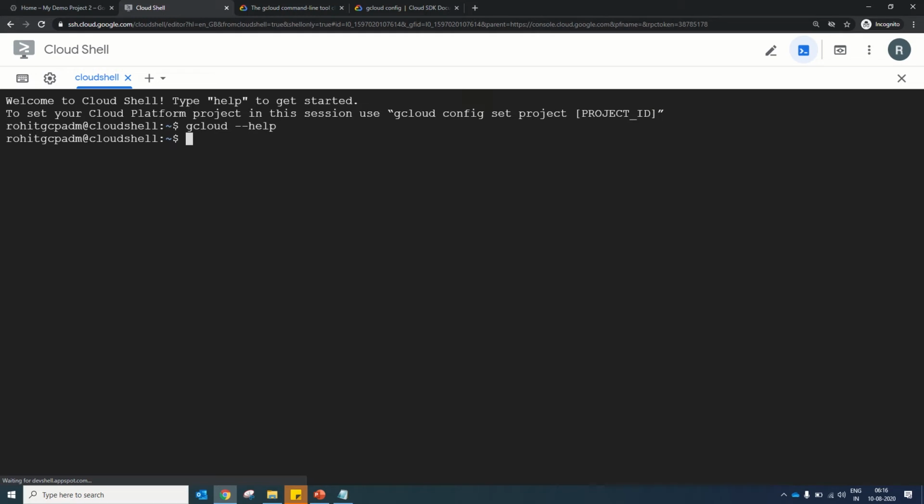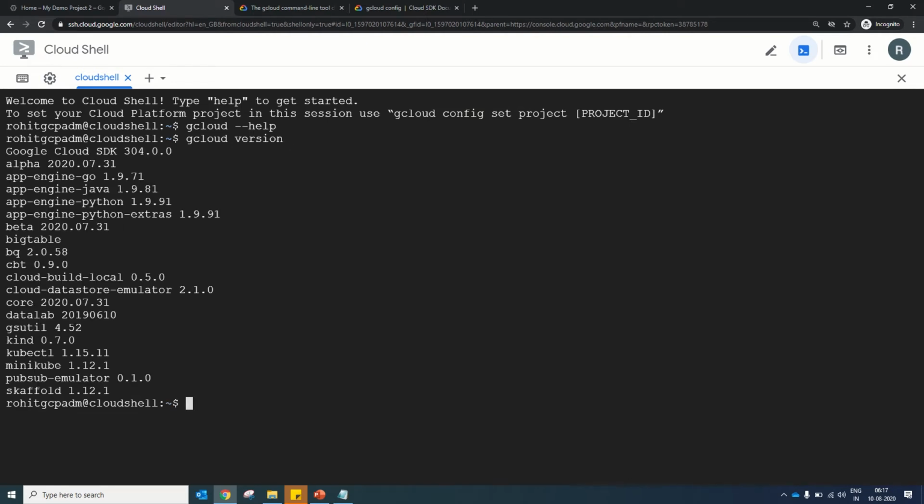Now, what is the version of gcloud? This is something very important to check, because Google releases new versions from time to time with the latest fixes and new commands. For this, you can run gcloud version and it will tell you the available version and the latest version, and it will give you the versions of the different components available in gcloud. Like for gsutil, the major one that we have used, it is running on 4.52.